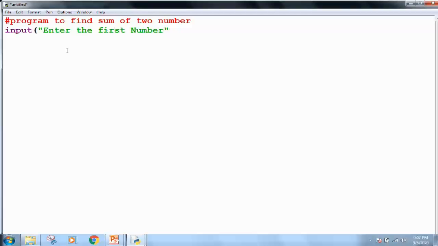Now if you are asking for an integer, the user will enter 5, 10, 15, 25, whatever, as the first number. This first number will be stored right now as a string, but you have to convert it into an integer before you do any calculations, otherwise your calculations won't work in the desired way.